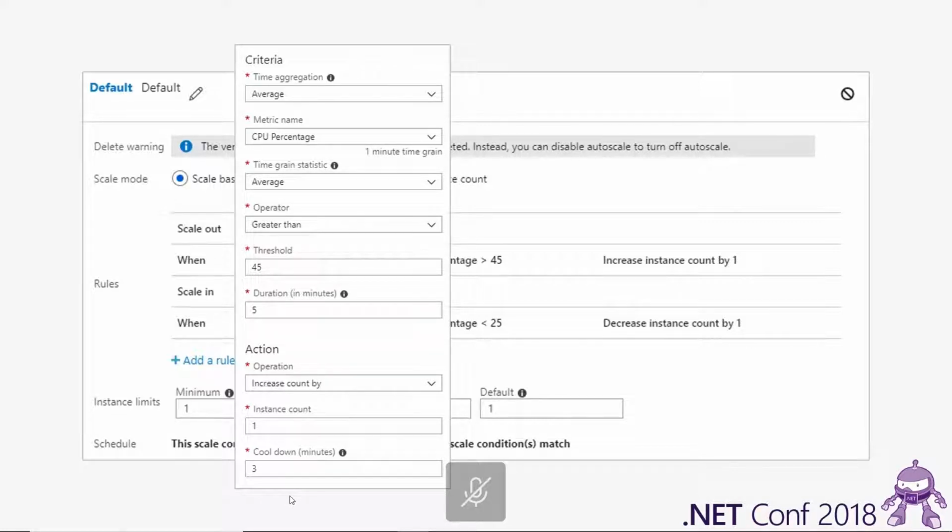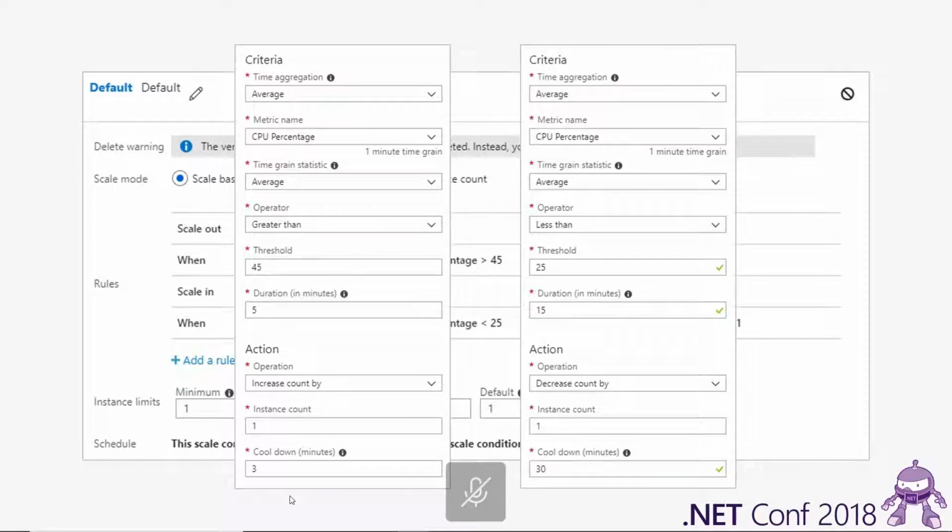And what I'm saying here is that if I see an average of more than 45% traffic over 5 minutes, increase the instance count by 1, cool down for a few minutes, so give it another few minutes before we go through this cycle again, and then I can increase it again. And then when I back off, when I go the other way, I'm a lot less aggressive. And really, this sort of strategy is erring more towards having more infrastructure than I need rather than less,